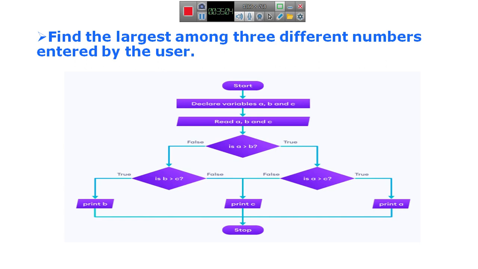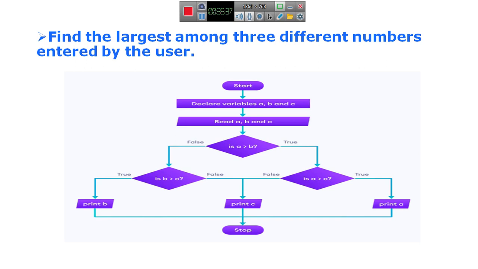For example, just assume the value of A is 50 and the value of B is 40. So simply by seeing it, we say that the value of A is big.